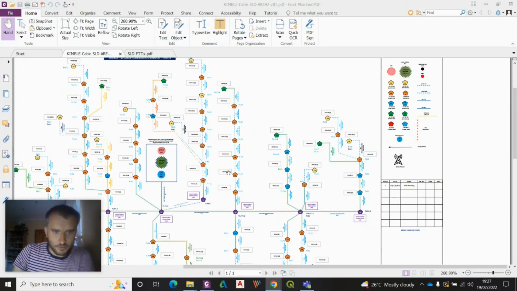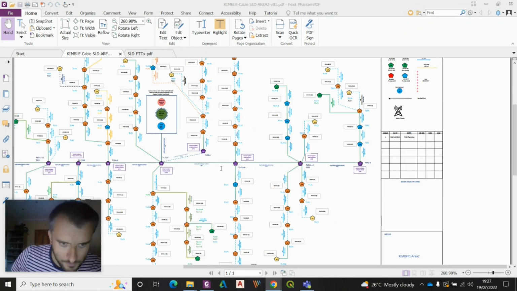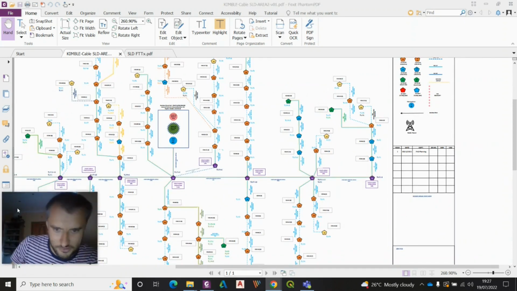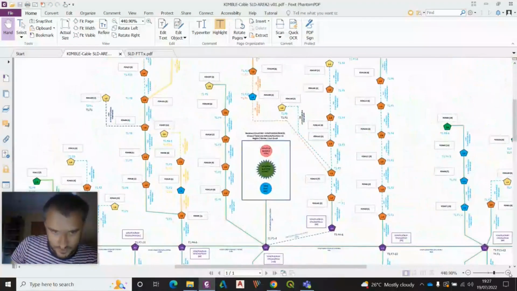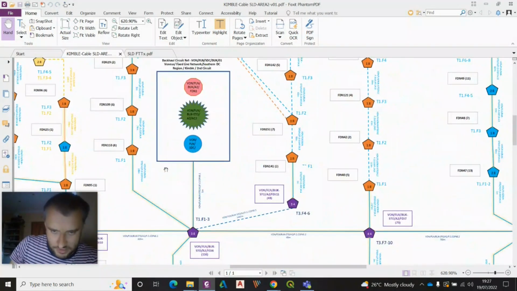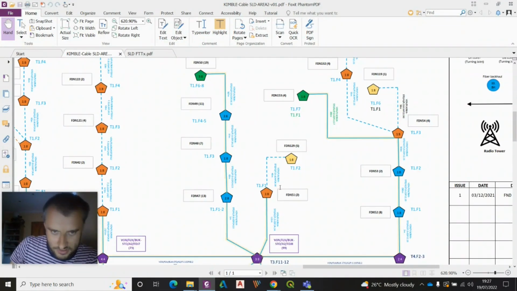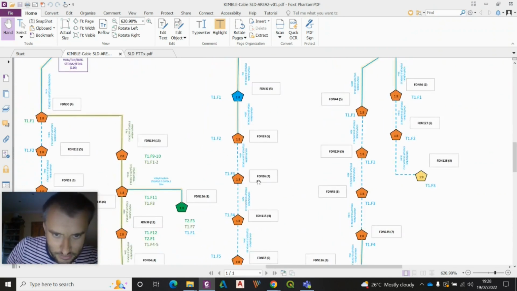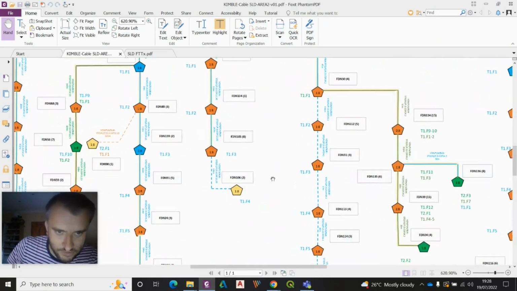In front of your screen, you can see an example of a cable schematic diagram which has been produced in Microsoft Visio. The first thing which comes to your sight is a multitude of pentagons connected by lines. Obviously, everything represents very important telecom infrastructure characteristic for the given job area. If I do a small enlargement, you can see pretty much how it looks. Obviously, the graphic pattern is custom. It does not necessarily must be produced like this, but I will stick to this particular pattern as shown in the